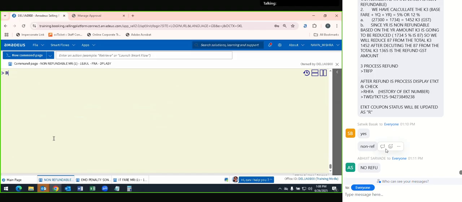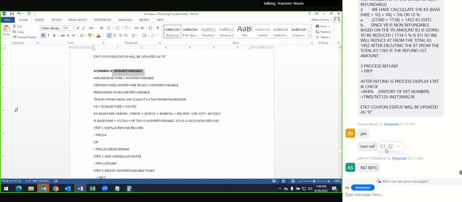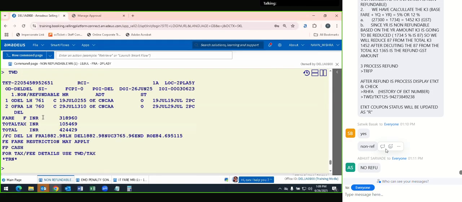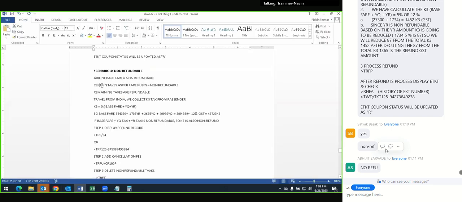Now let's go and process the refund. How do I start with processing the refund? First of all, the airline is telling you, very importantly, that whenever there is a non-refundable scenario, the airline base fare is going to be non-refundable. So whatever base fare you see in this line, that is completely non-refundable. Is this clear? The second thing, there are certain taxes which, as per the fare rules, are also non-refundable, and the remaining taxes are